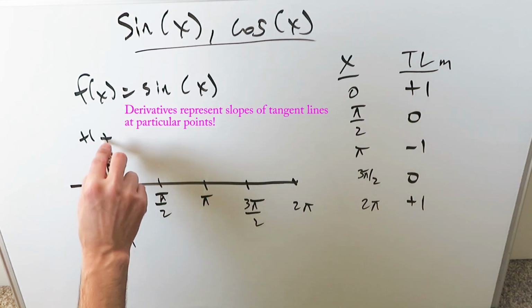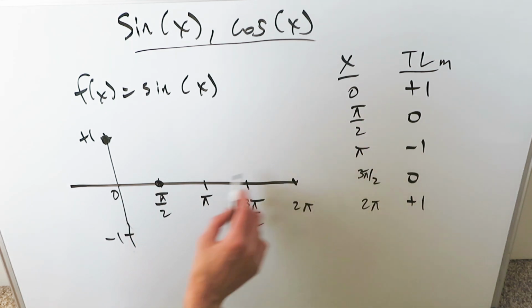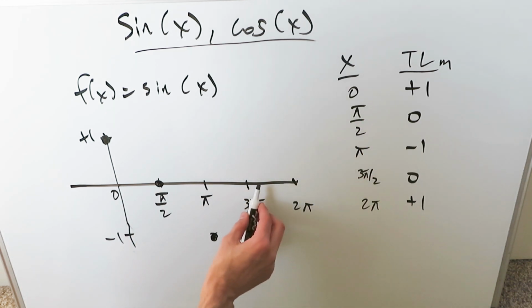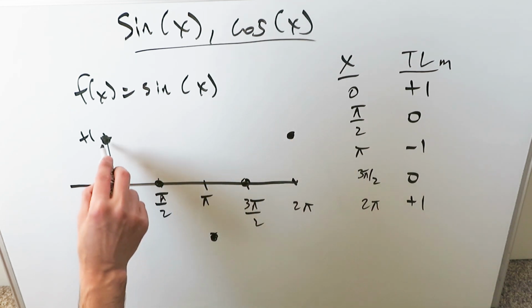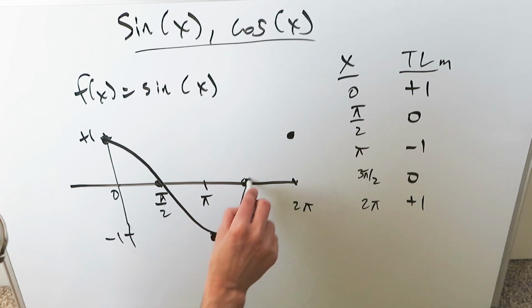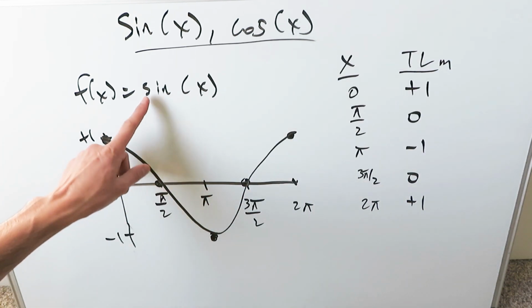0 comma 1, I have a dot over here. Pi over 2 comma 0, I do this. Pi comma minus 1, I connect it here. 3 pi over 2 comma 0, it's over here. 2 pi and a 1, it's over here. Now when I connect these using the slopes of the tangent lines at particular x values of the sine function,